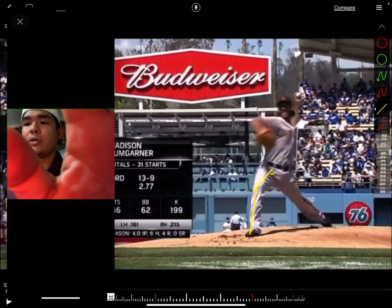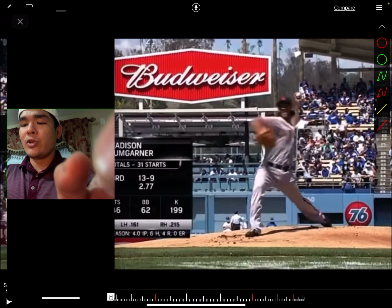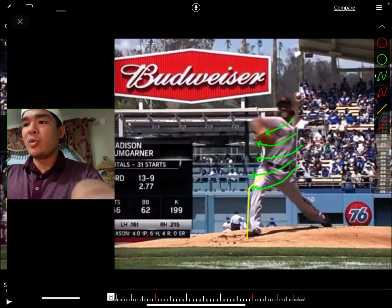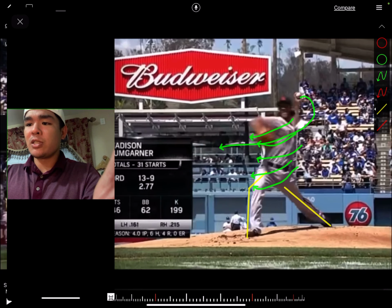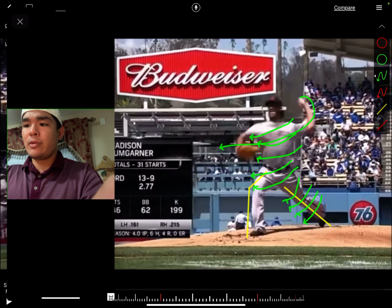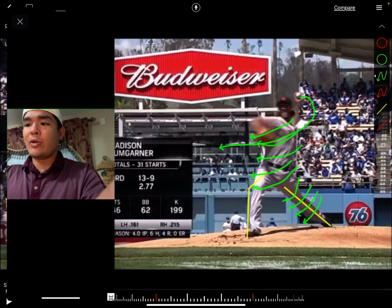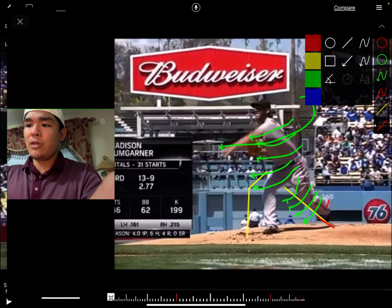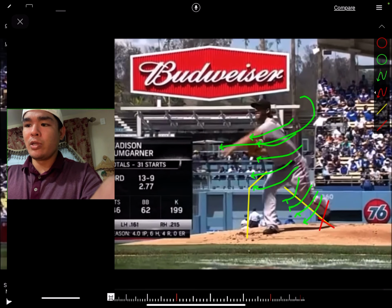Oops, you got an extra little line right there. I didn't mean to draw here. Bam, bam. And then he's going to open up. This arm's going to come around here. But the very important piece is this trail leg is also going to spin this way. Watch. Boom. You guys see that? You see how it flips? Like his foot is facing here originally. And then as he continues to throw, his foot is facing here now because it has turned and continued that spiral, right? And that only makes sense because